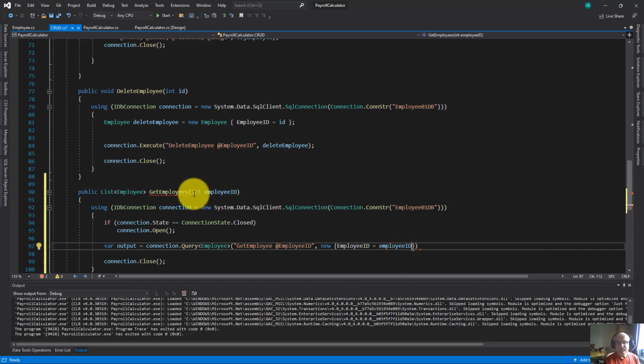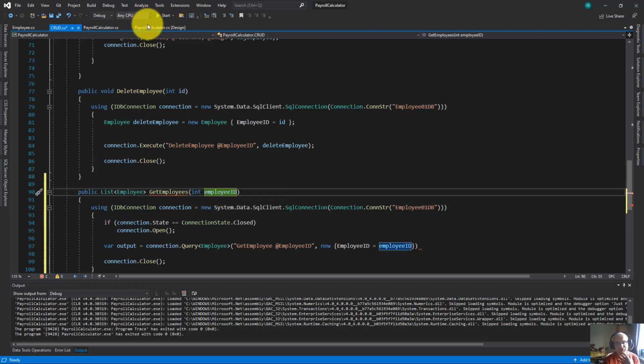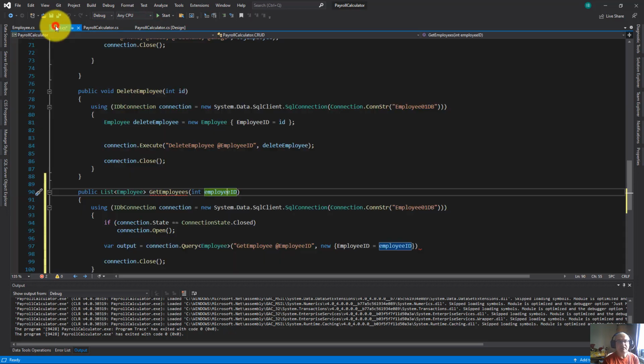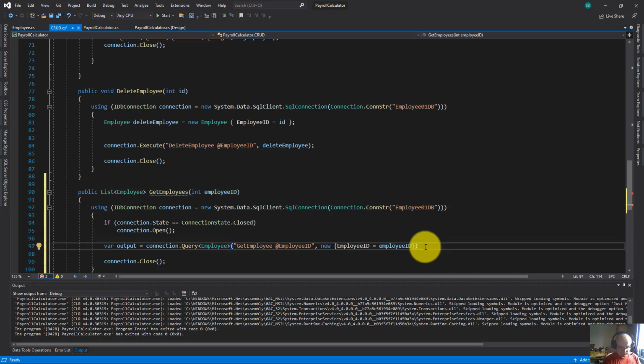It is a type integer. Actually, this parameter will receive the ID typed inside this text box. All right, dot and the to list method,